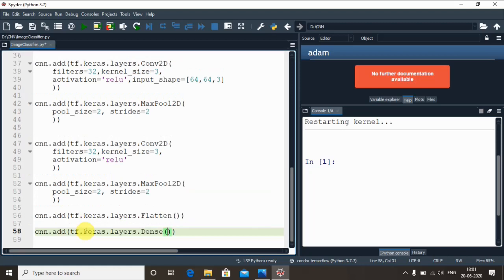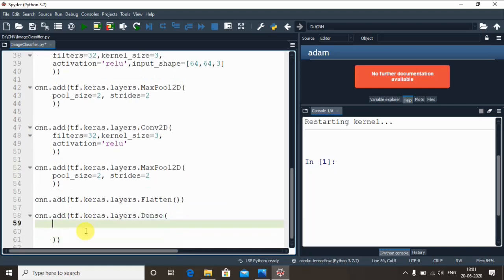We just need to give parameters for that. Yes, done. So now let's see which parameters we are going to give for the Dense class here. We will give a few parameters like units and activation. So there are two parameters to be given: one is units and the other is activation. When I say units, what is the value I need to give here? The value you assign to units is the number of hidden neurons you want in this fully connected layer.